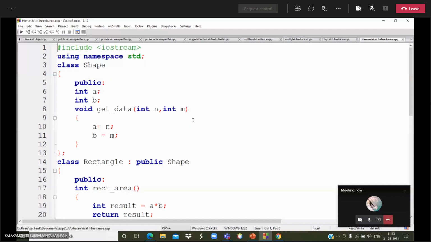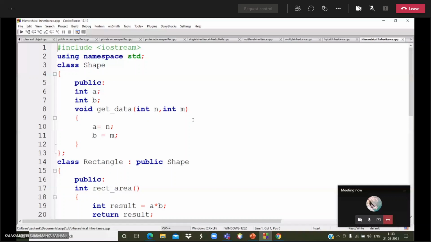Then I am deriving the child class named rectangle. The name of the child class is rectangle, from the public base class shape. Then in the child class, I am writing one more method, rectangle area. In that function, I am assigning one more variable, and by performing that calculation I am returning the result.